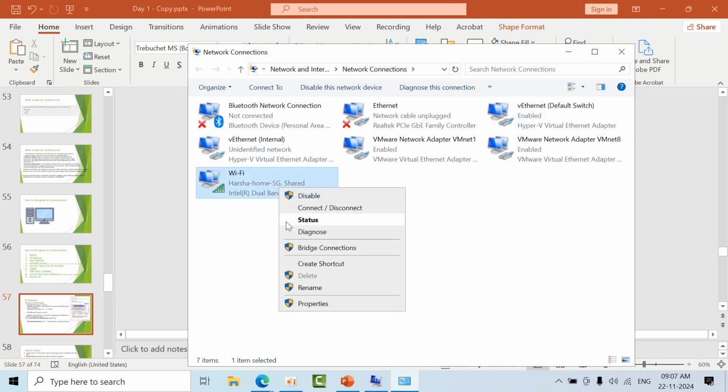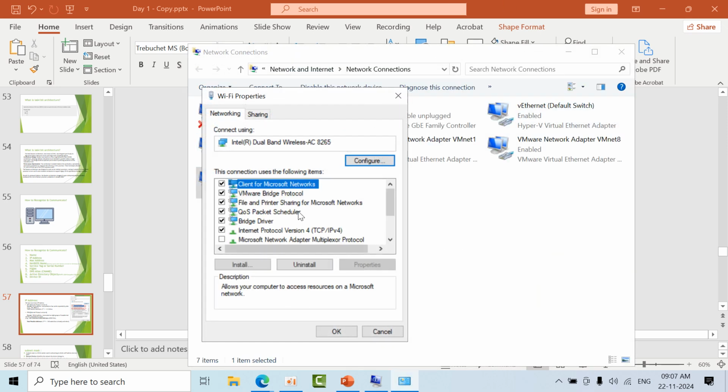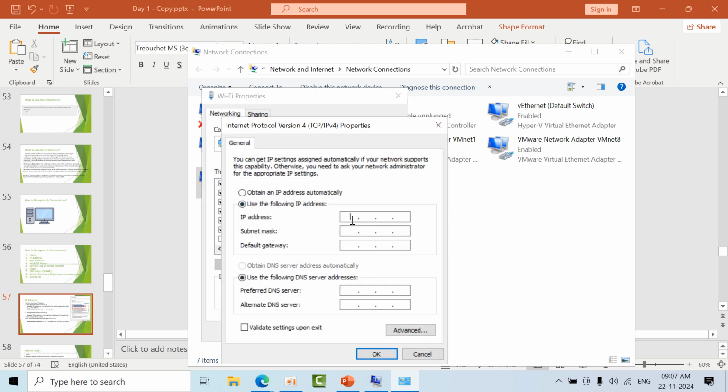you can use any IP addresses here, in IPv4 properties. Sir, I am using any number, 192 or anything. Automatically the subnet mask will get populated here. What the subnet mask does, sir, is that whenever we give an address like 192.168.1.3, the subnet mask tells the operating system what the network bits are and what the host bits are.